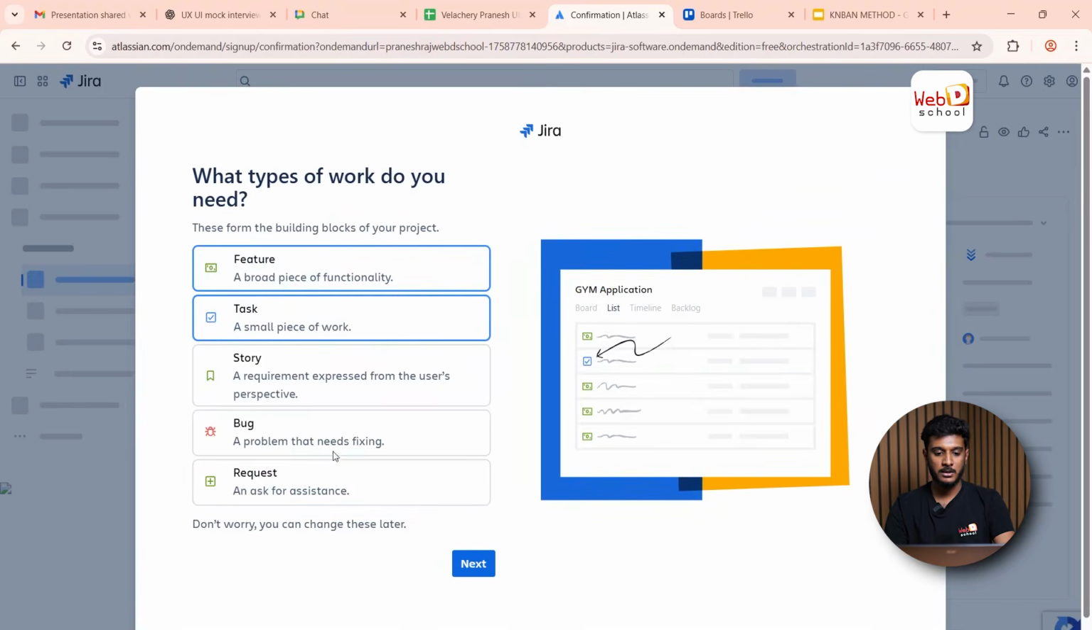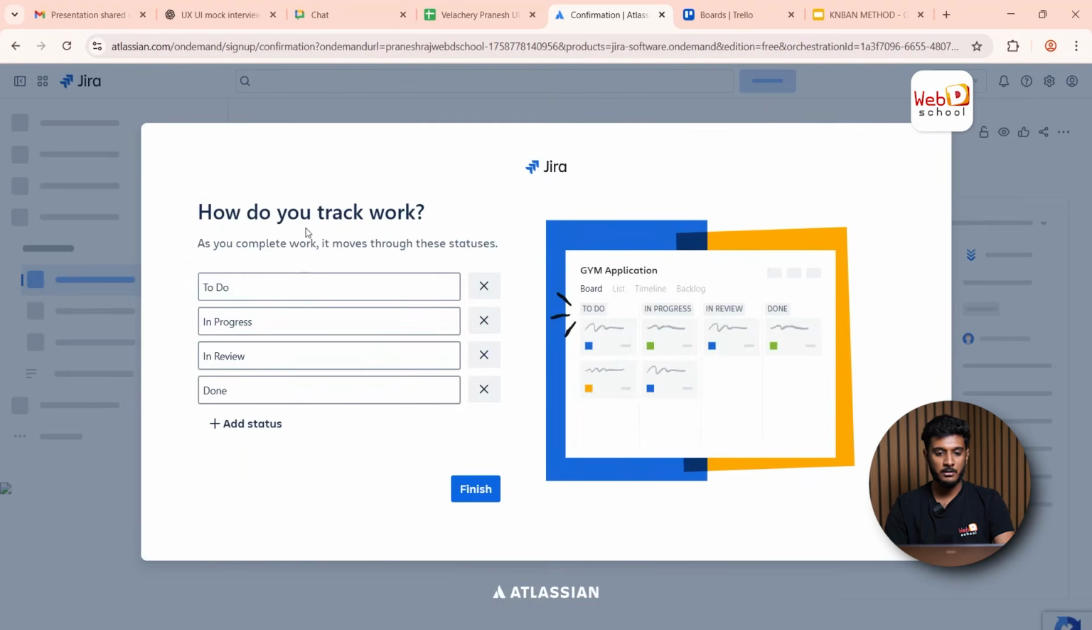Then let's get started. I'll be assigning all these things next. What are the tracks you are going to track on it? To do, in progress, in review, and done. These are nothing but the work assigned by our manager or from different teams, which will be in the to do section. In the in progress section, the assigned ones go,